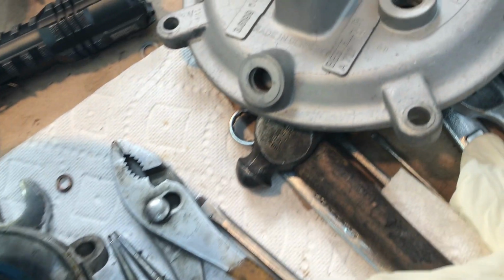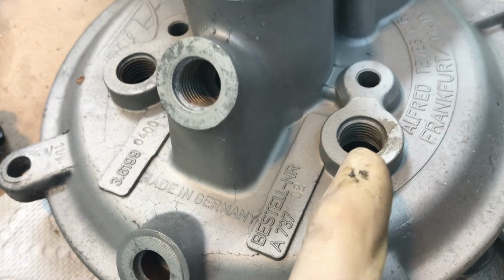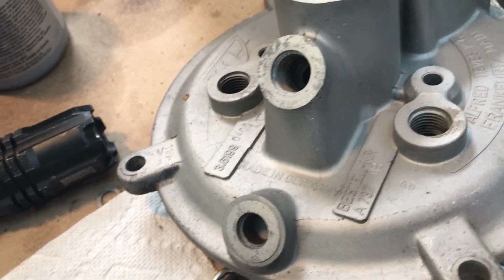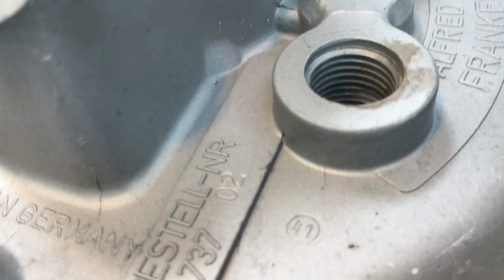Ordinarily, you have a vacuum check valve screwed into a boss similar to this right here, so you can tell the difference, big difference. So people that have this type of booster, you've got a flat surface here versus the raised boss right there. Also, as I'd mentioned, this booster does in fact have the leather